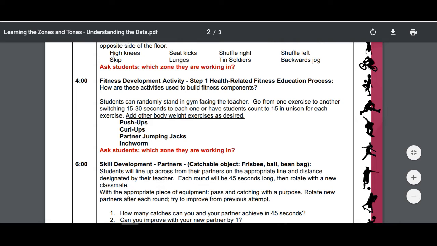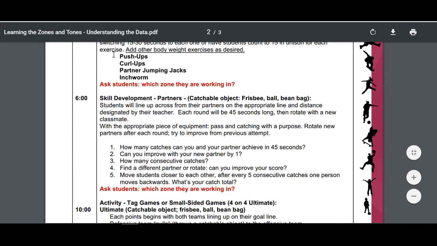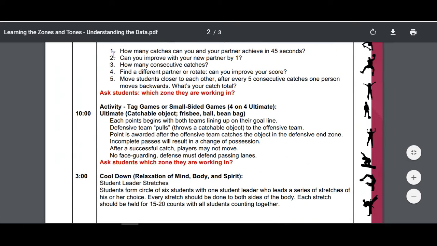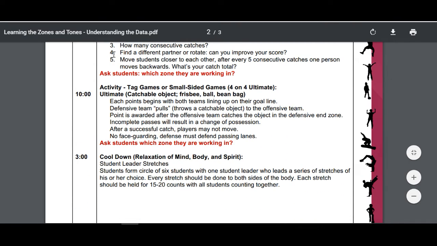Then as we progress through all of our lessons, we give you a description of what we could suggest as a warm-up. But if you have a warm-up that you do and your kids like, by all means continue to do that. Once again, these are just suggestions. So then we go into the fitness activity. This particular one is push-ups, curl-ups, jumping jacks, and the inchworm. Then we go into our skill development, go into our activity, our cool down, which is super important,